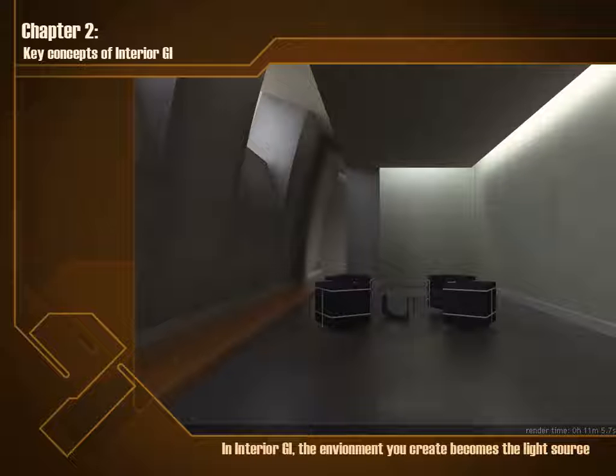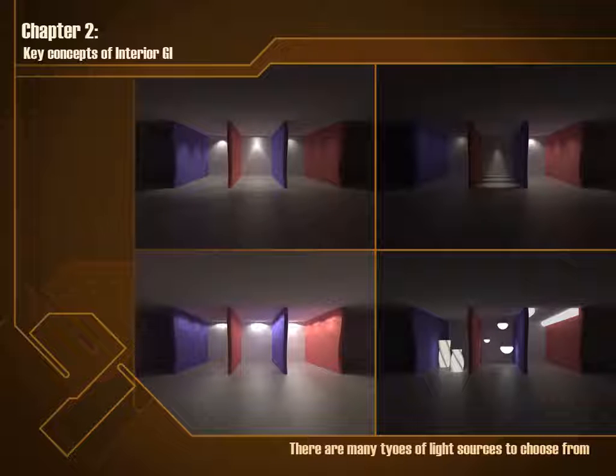So speaking of light sources, when you're dealing with exteriors, we mainly dealt with the sun, for example, a major huge light source, or just the sky. And when dealing with interiors, we have a huge variety of light sources, including the sun and the sky, but also an enormous amount of artificial